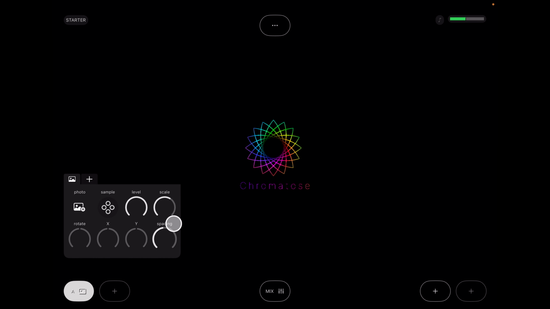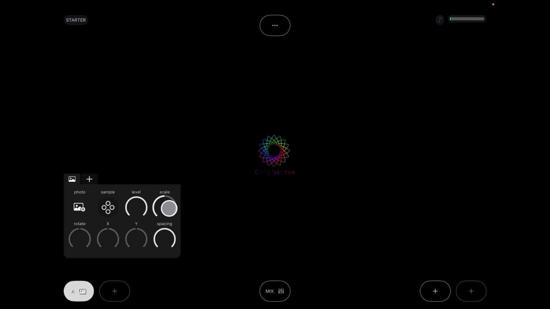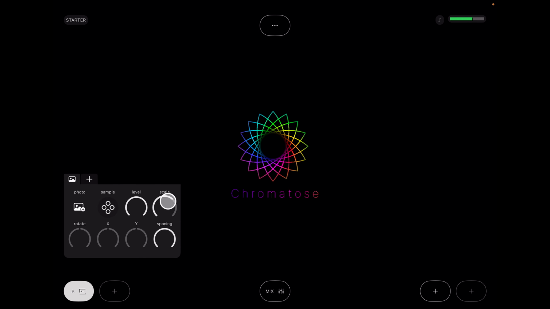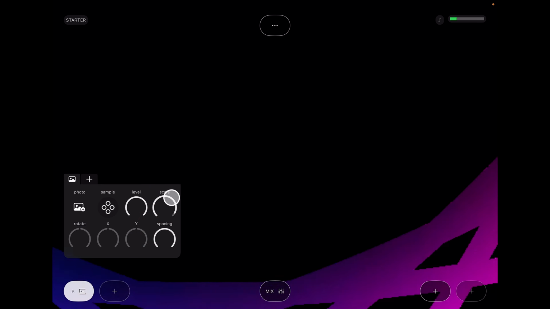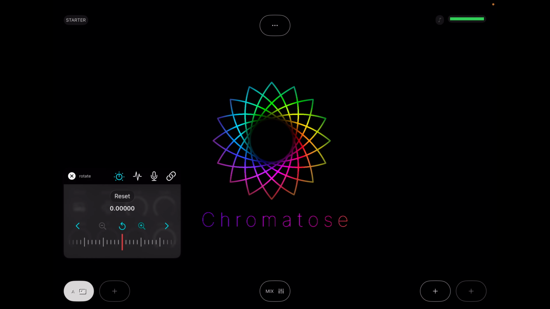So this is great if you, say, have your logo or some kind of image that you want to focus on without having tiles. You can just turn the spacing all the way up, and this will work up until a certain point with the scale. If you scale all the way down, you'll still see some of these, but I think for most use cases, it's probably good enough. Another change that we have, which is quite cool, let's say I wanted to rotate this